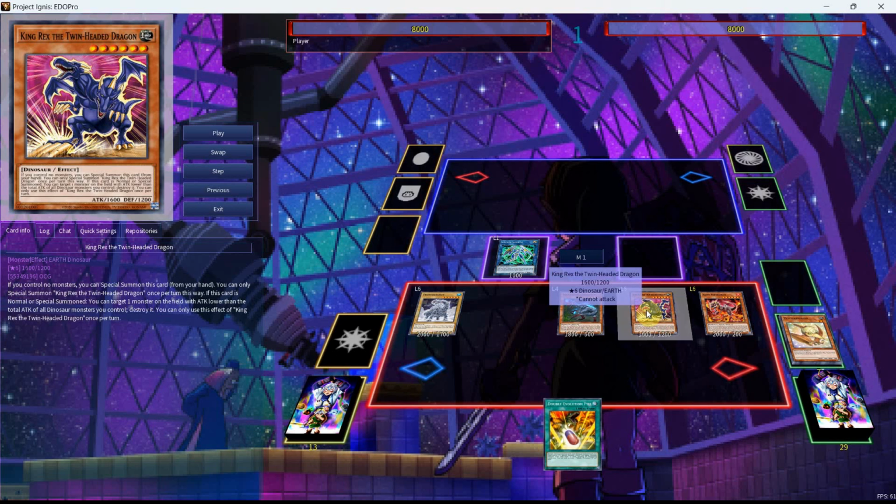If this card is normal or special summoned, you can target 1 monster on the field with attack lower than the total attack of all dinosaur monsters you control, destroy it. You can only use this effect of King Rex, the Twin-Headed Dragon once per turn. And this is a pretty nice card because it's level 4 along with the ability to pop something upon its summon, so it makes it a solid going second card